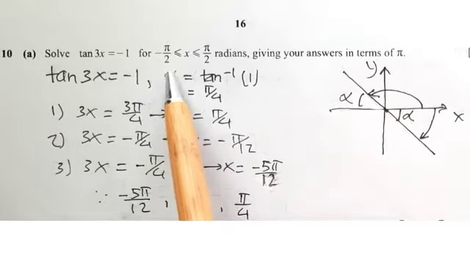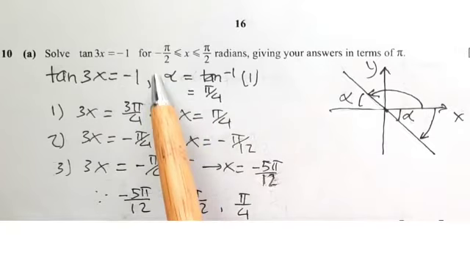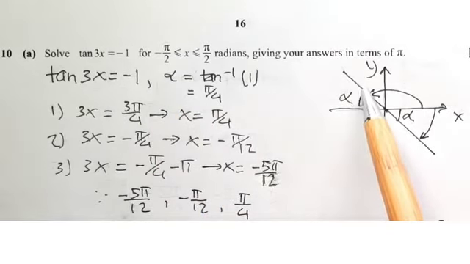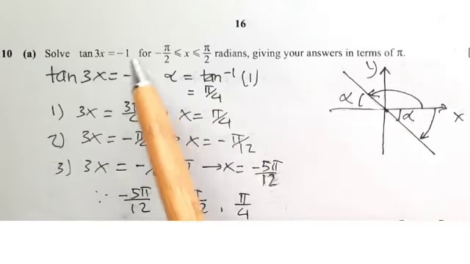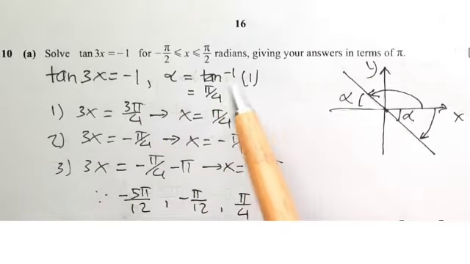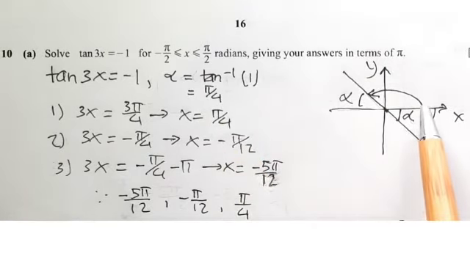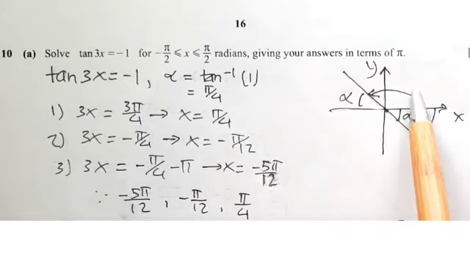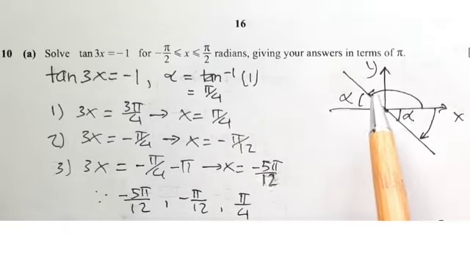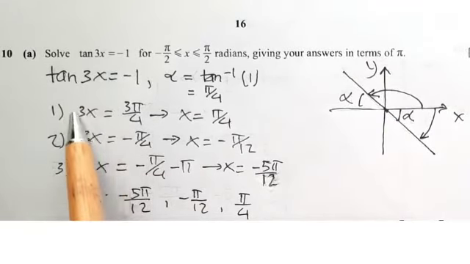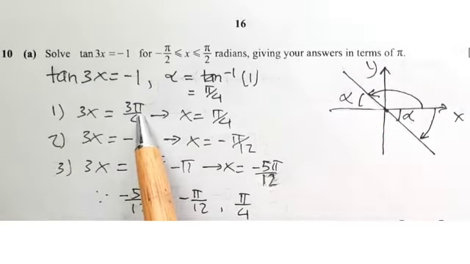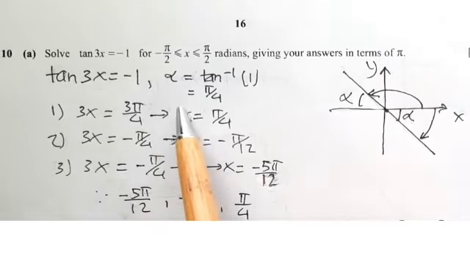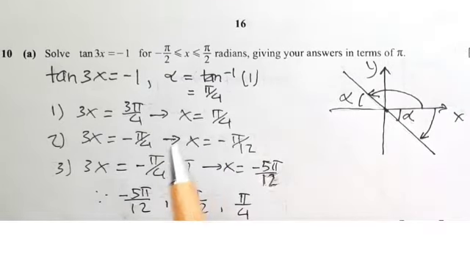Now we can calculate the basic angle, alpha, this one and that one. Shift tan 1, without the minus sign, equals pi over 4. The first one is pi minus the basic angle. So 3x equals pi minus pi over 4, that is 3 pi over 4. From here we obtain x is pi over 4.